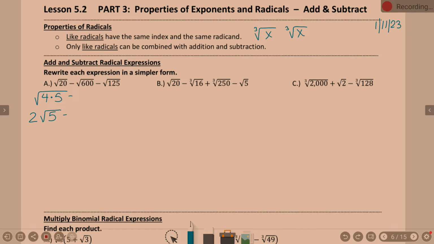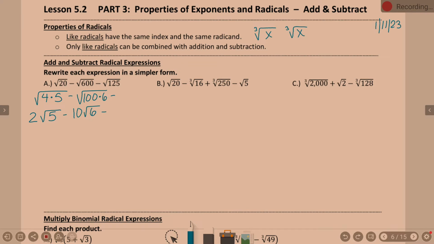Divides by 100, times 6. So when I see anything that involves 100, I'm going to think about dividing by 100. So I'm going to rewrite square root of 600 as 100 times 6. The square root of 100 is 10. So 10 goes out front. The square root of 6 stays in. Minus